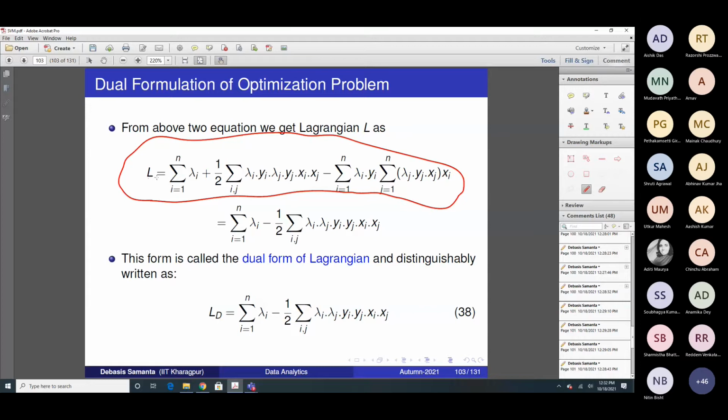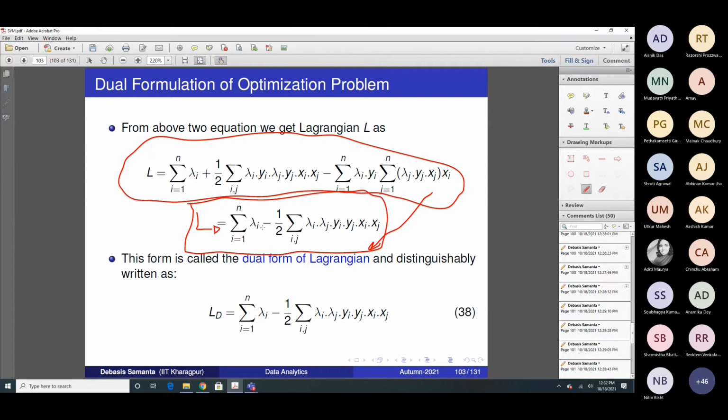It is actually the Lagrangian LP, but with W replaced and summation of i equals 1 to n lambda i yi equals 0. After a little simplification it will give you a very compact form which looks like this. This is the reduced form, which we term the LD or dual form. There are a lot of steps required, maybe 3-4 pages of calculation, to obtain this simpler form.